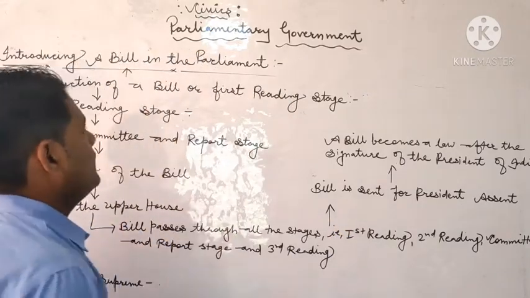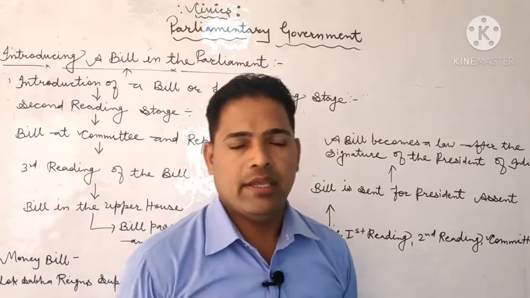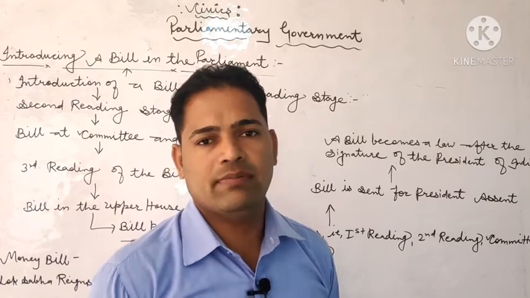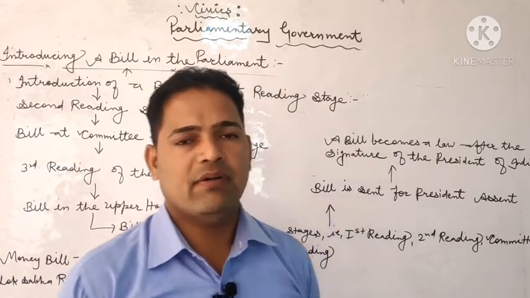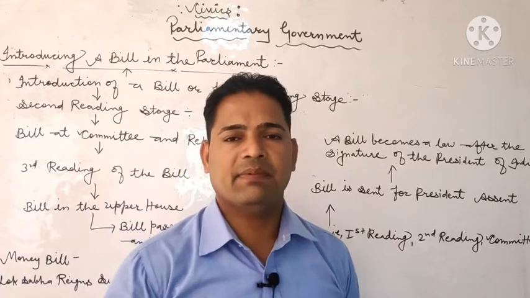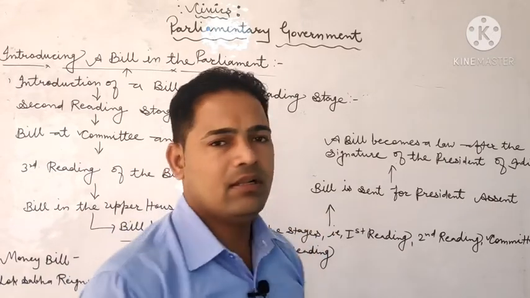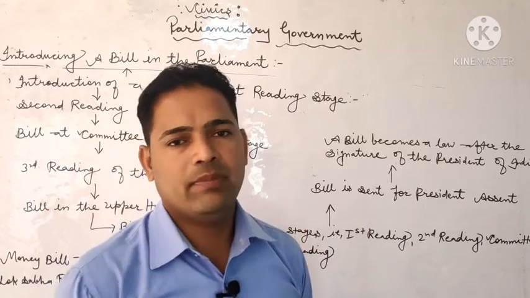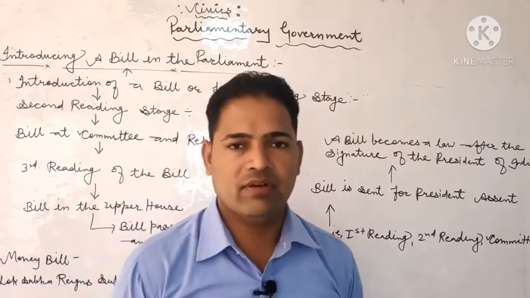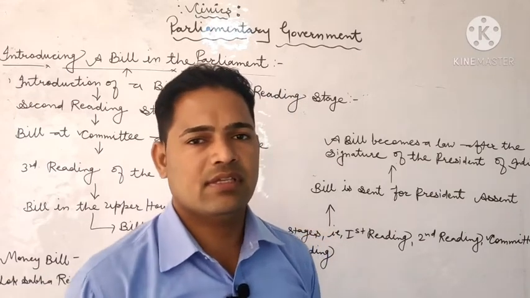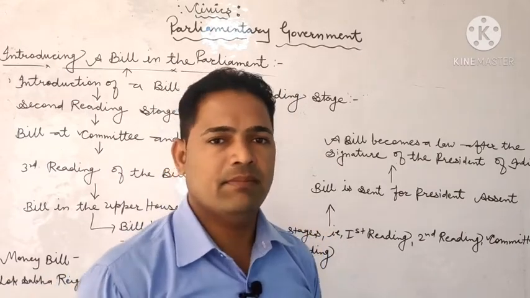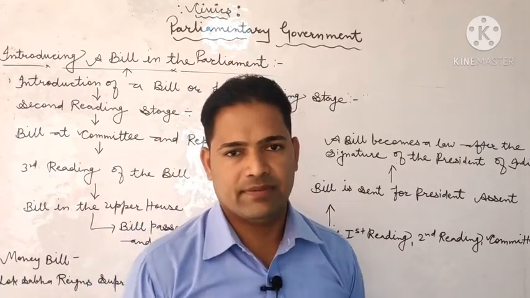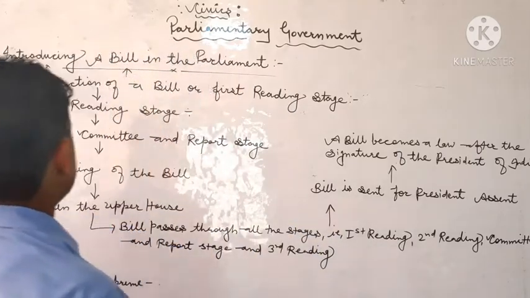Then the bill is passed in both houses of the parliament, upper and lower, and finally sent for approval to the president. This power is with the president: just after the signature of the president, the simple bill changes into a law, and all the people of a country like India, or any other country, have to follow it. It is compulsory. If they are not following it, the judiciary is there to look after it.